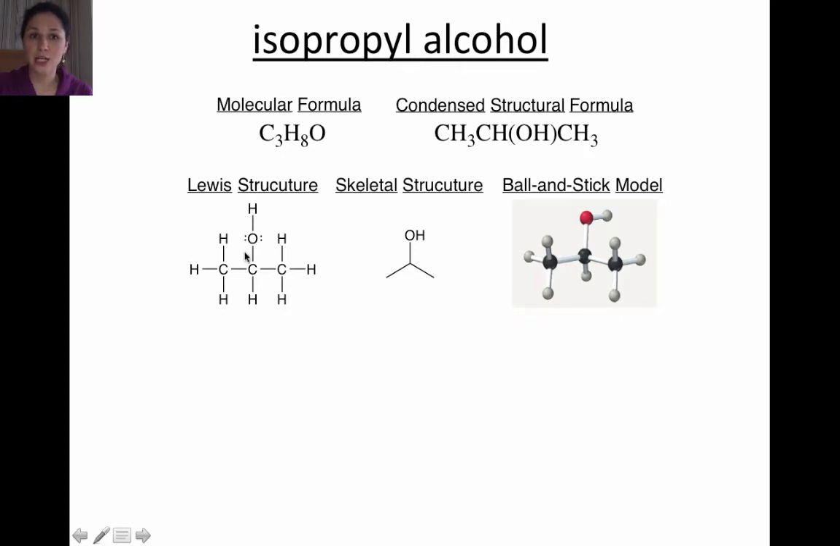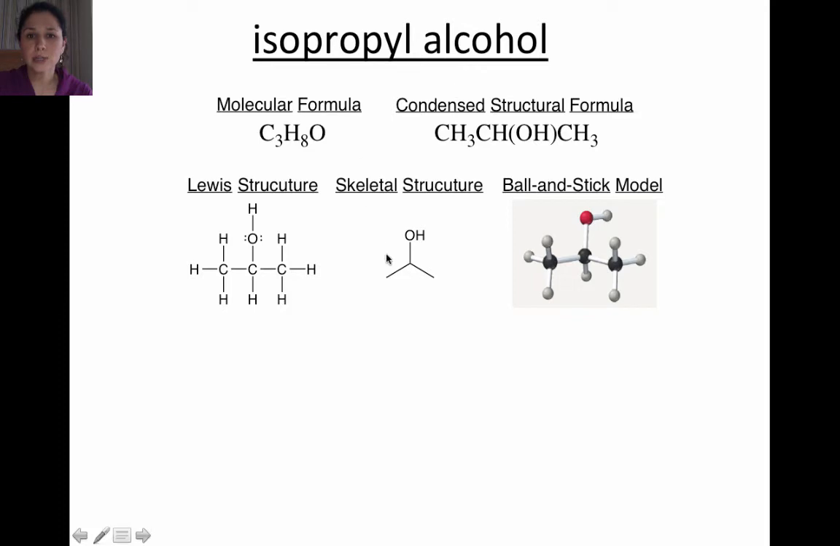So this oxygen here has lone pairs on it. But notice that there are no lone pairs represented on any of the other types of representations. So the Lewis structure is special in that you must show the lone pairs. A skeletal structure is kind of like a Lewis structure, but it's a shorthand. The way that a skeletal structure is drawn is basically, it leaves off all of the carbons and they're assumed. So at the end of every line and at the intersection of any 2 lines or 3 lines or 4 lines,